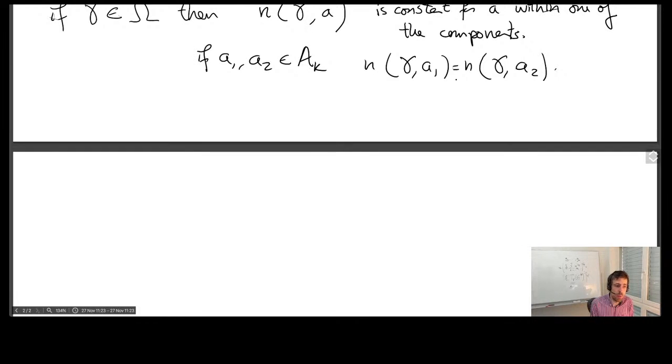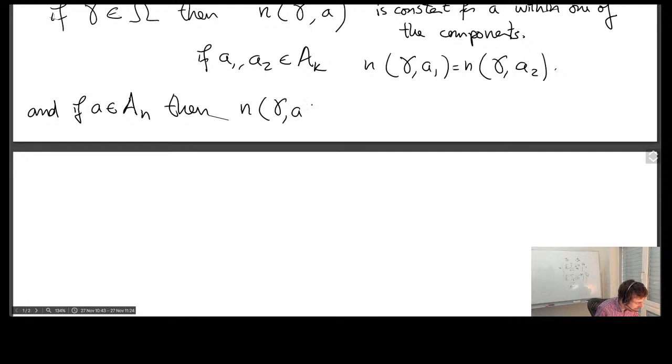and then within those regions the winding number is 0, but because the connected component of the complement of omega is connected, it needs to be within one of these regions, right? It can't be in 2 of those regions because it doesn't intersect the curve, because it doesn't intersect omega, and so it needs to be within one of the regions. So for sure these winding numbers are constant. Okay, and of course for the unbounded one it's 0, right? So if A is in the unbounded connected component of the complement of omega, then of course the winding number needs to be 0.